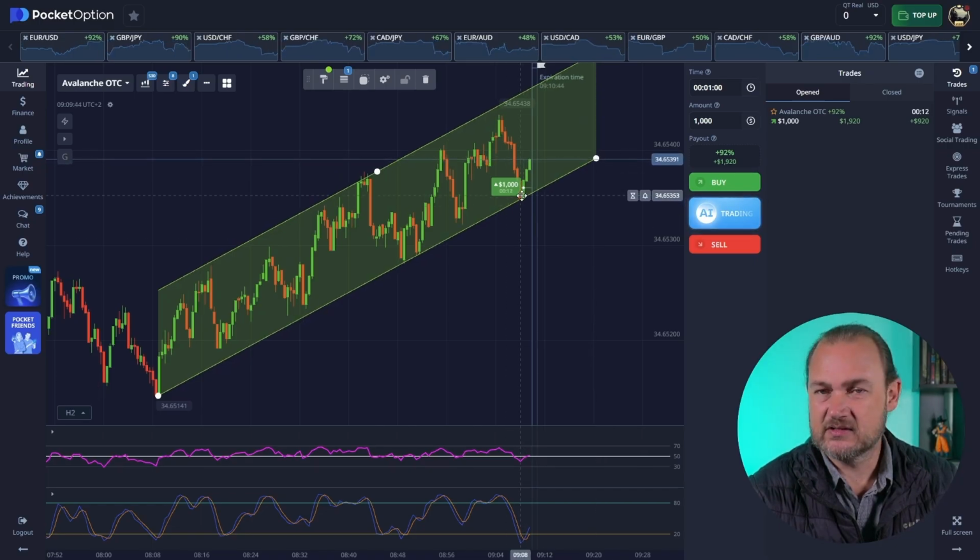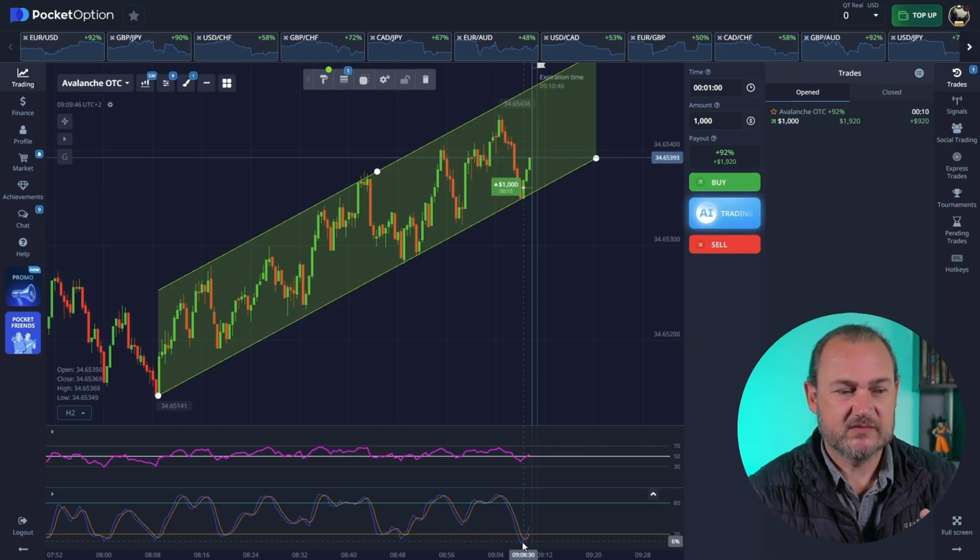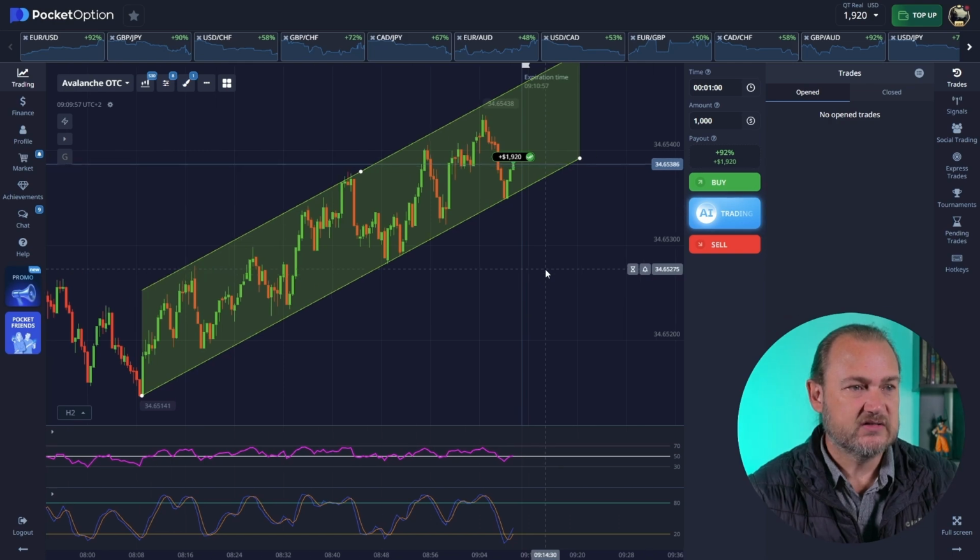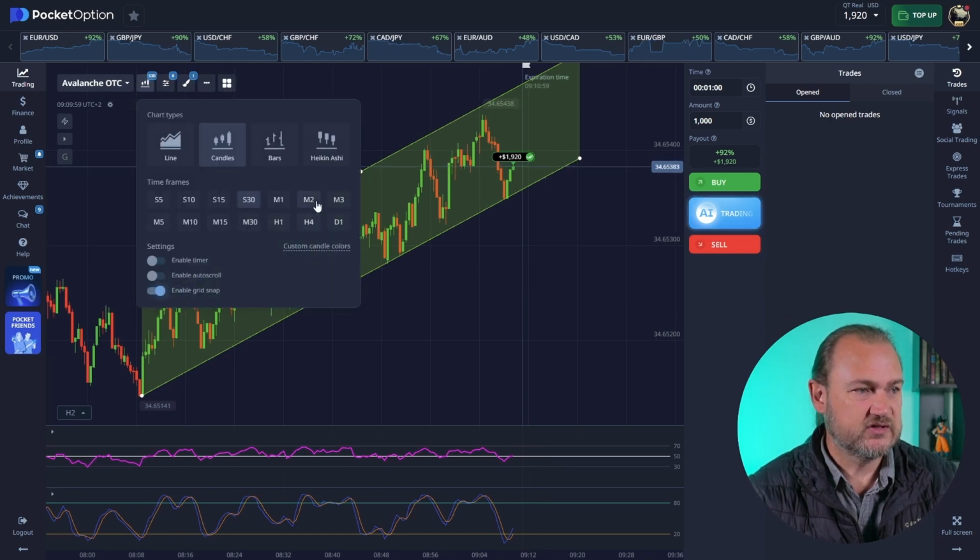level here, the bottom support of the channel, and at the same time I can see that my stochastic was super oversold, telling me that there's a very good chance that we're going to bounce off the channel line, which we did. Okay, so what I'm also going to do is switch to a higher